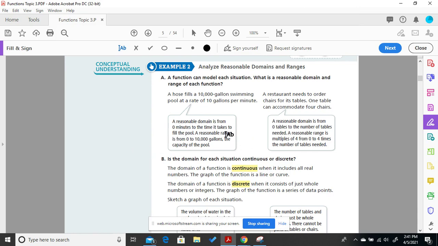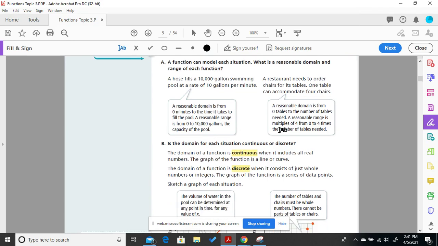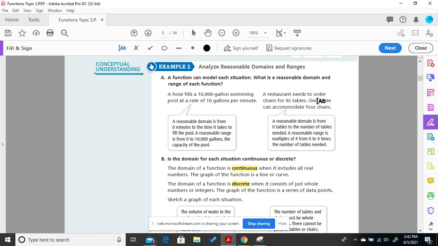So reasonable range is from 0 to 10,000 gallons, and a reasonable domain would be from 0 minutes, the time it takes to fill the pool. So it's pretty much what we said. This one, a restaurant needs to order chairs for its tables. One table can accommodate 4